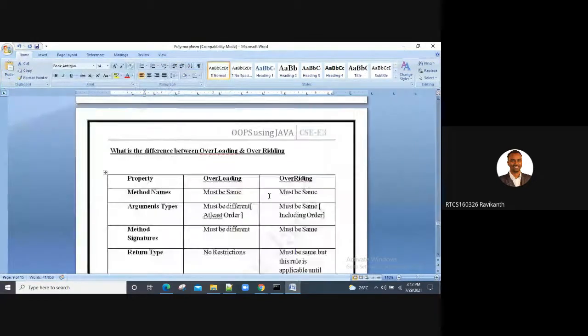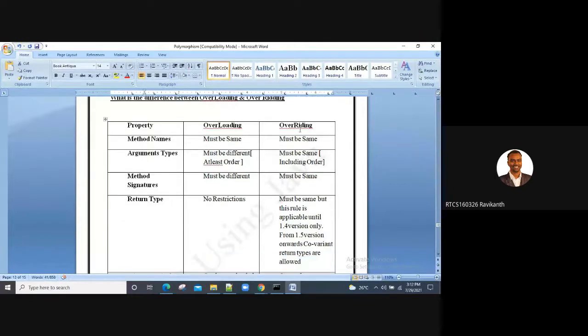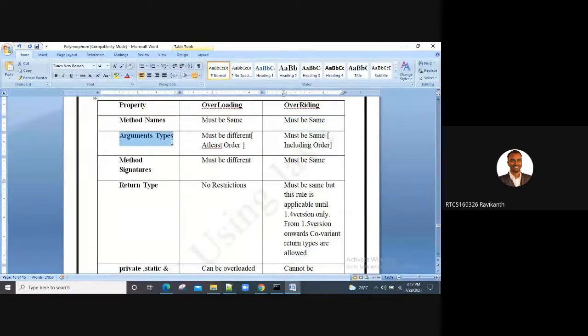So we'll quickly move on to the differences between overloading and overriding, guys. When you go with overloading and overriding, method names must be the same in both cases, as we have just seen. Sir, what about the argument types?